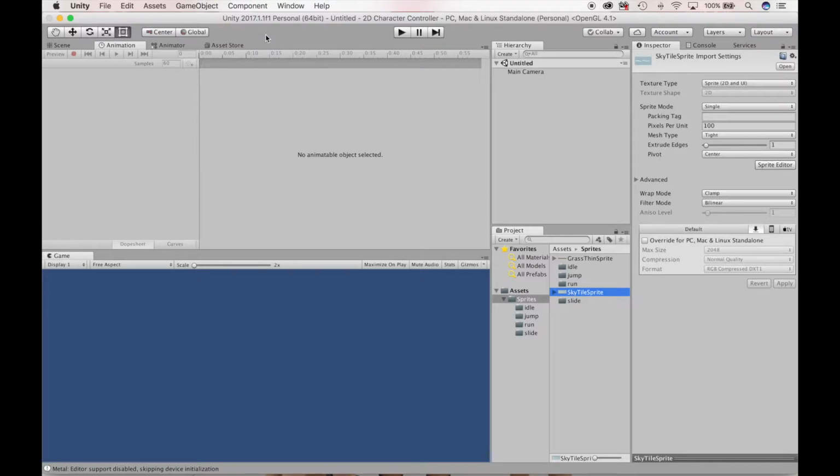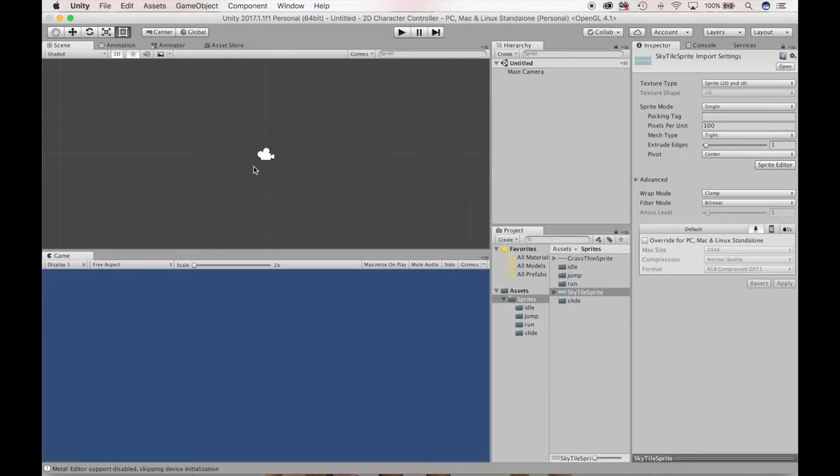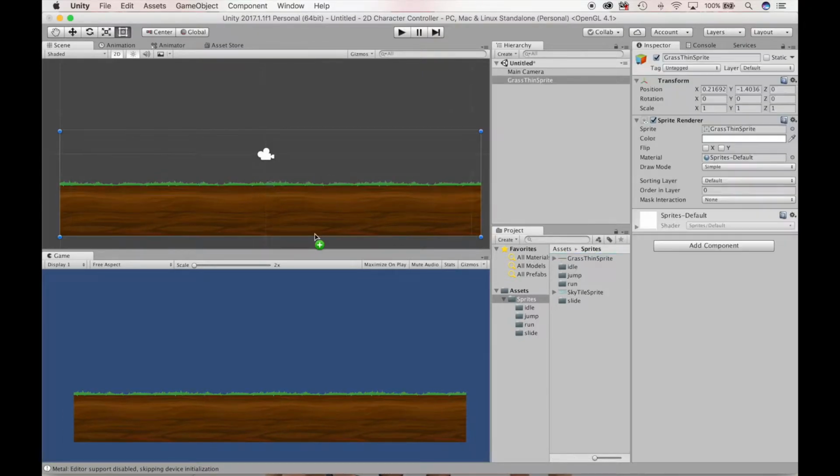Okay, so the next thing that I'll do is I said click animation. What I should have done is, first of all, let's include some items into our sprite and also our screen rather, and also into our game view. So the first thing that I'll do is I'll just simply take the grass thin sprite. Let me just go ahead and drag that into my scene area,